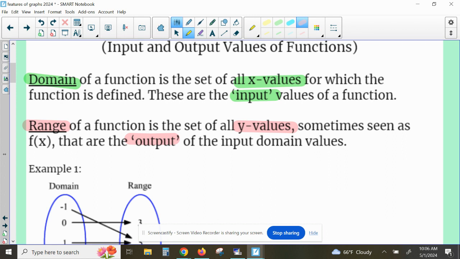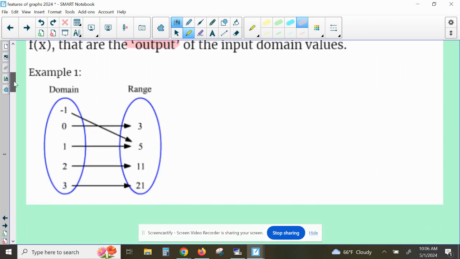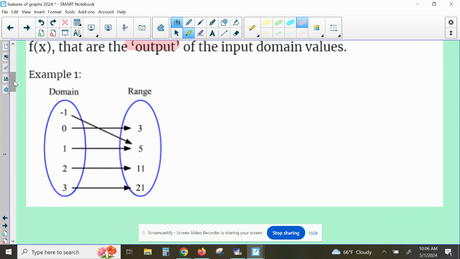And this foldable is going to have some different ways to show you, and you should be able to pull stuff from some, some are easier ways than others. So the first way is from a mapping. So this right here is called a mapping, if you recall. This is a mapping, and we can clearly see that